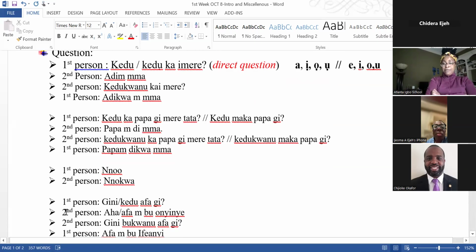It's very, very easy. So the homework I would like you all to do is this. I want you all to learn how to say these words fluently. So, Ijoma, maybe you can play this with your husband, because I want you to get used to how to do it. Okay? And then, Chidera, you can find the person to do it with your friend or with your sibling or with mommy or with daddy. Chijoke, you can even do it with Chidera. Chidera, you can even do it with Chijoke. I think sometimes it will be easier.